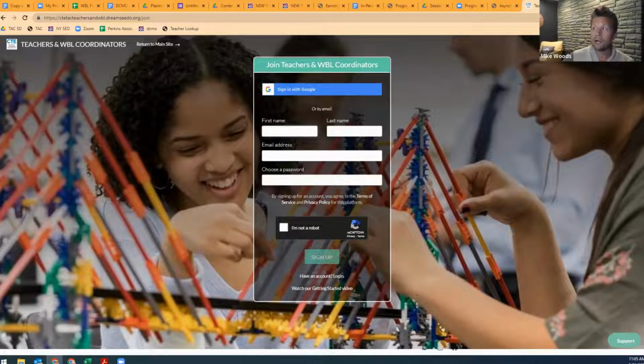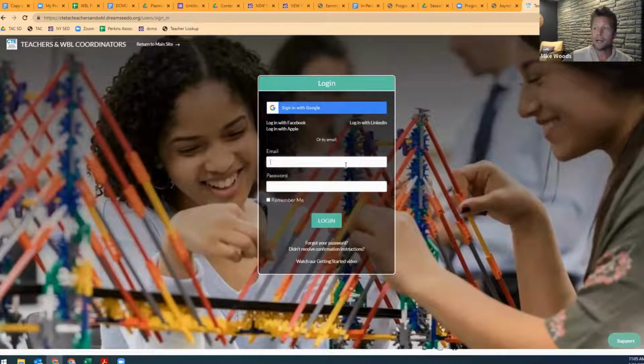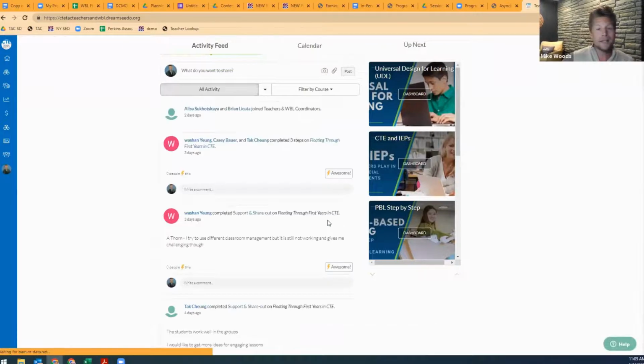If you have already created an account, you want to click Login. I'm going to demonstrate in my account and take us into it. I'm going to click that I want it to remember me, and I'm going to go ahead and log in. And when I get in here, this is my landing page, and this is what it should look like for you as well. So I'm going to demonstrate the new teacher cohort for new CTE teachers, which is a hybrid